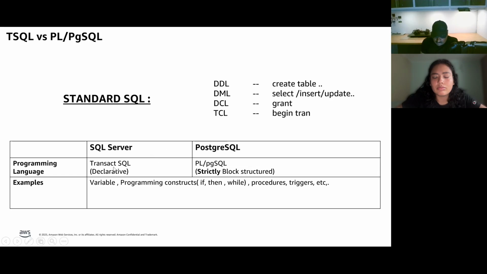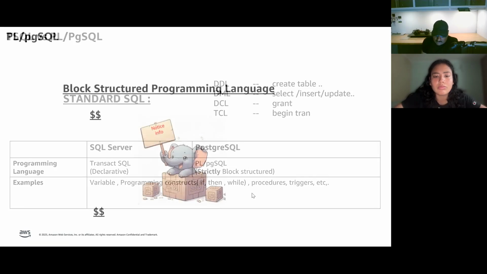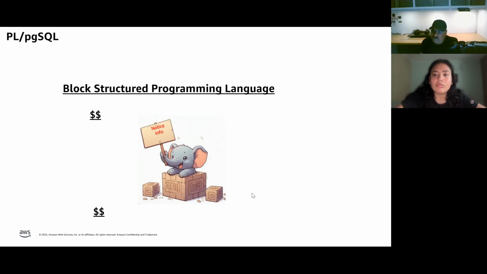Okay. Because SQL Server Transact-SQL is proprietary to SQL Server, but in Postgres it's PL/pgSQL, which is proprietary to Postgres. And if you're using any command, some examples are defining a variable, or IF, THEN, WHILE, or a PRINT, or procedures or triggers, it has to be in a block, because Postgres is a block structured programming language. Remember the print statement that I mentioned earlier? That print statement has to be kept within a block, then only it works, because that's a PL/pgSQL statement. It's not an ANSI SQL statement, right?